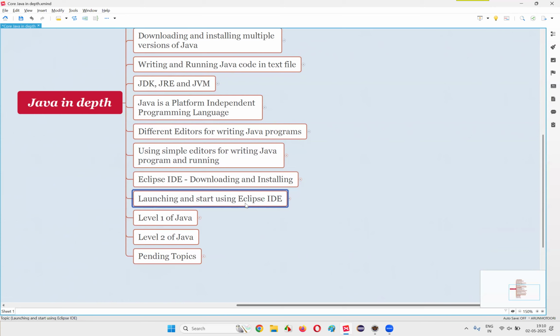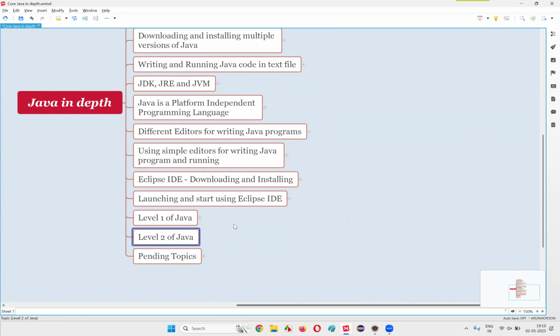But now in this session, we are going to start the Java programming, guys. I am going to start explaining about Java programming from this session onwards. But there's something that you need to understand before I get started. I'm not going to cover Java in depth directly. When I start explaining Java in this session, I'm not going to explain Java in depth first, but I'll be explaining the Java in depth later.